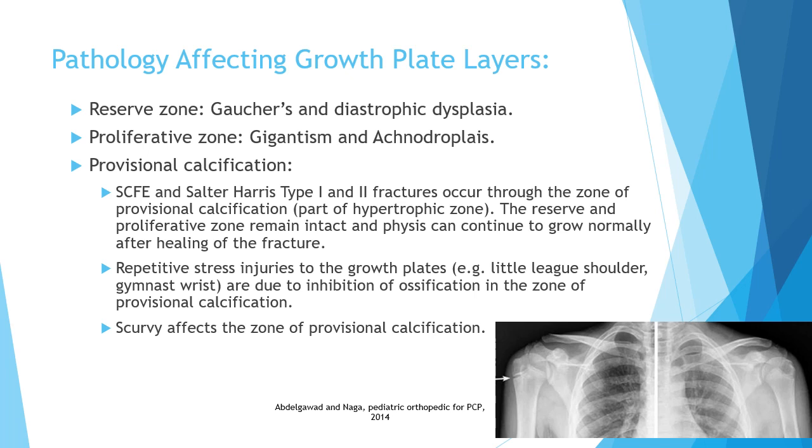So the repetitive stress, like little league shoulder, causes inhibition of deposition of calcium in the zone of provisional calcification, which will result in apparent widening of the growth plate. Also, scurvy, which is a deficiency of vitamin C, affects the area of provisional calcification. To sum up,